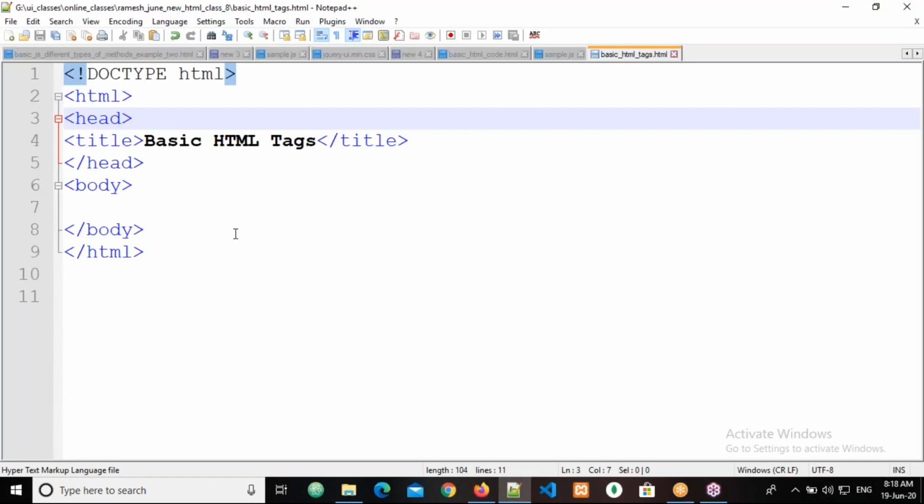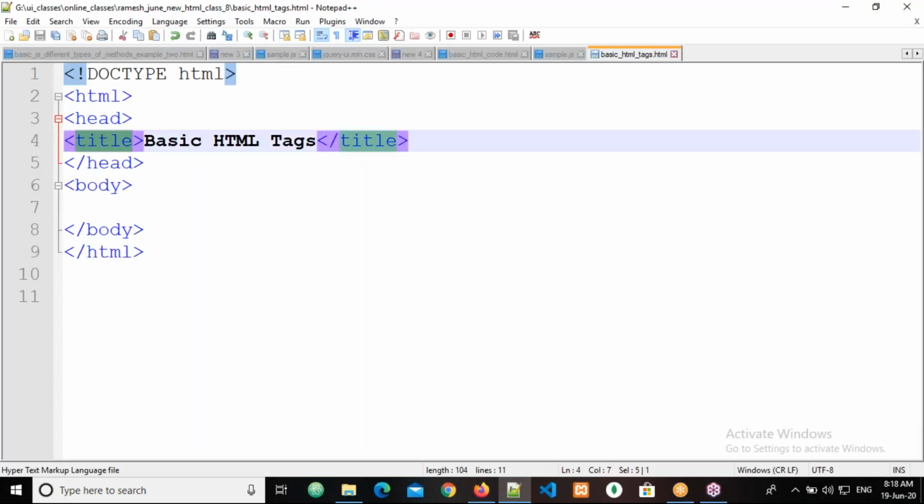Now see what you are getting: Basic HTML tags. From where are you getting this? With the help of the title tag. The title tag is used to display the page title at the top, and it is also used to recognize our web page among all other web pages.